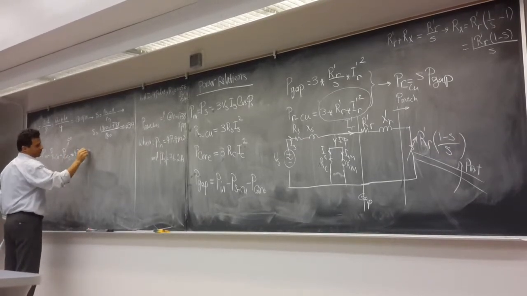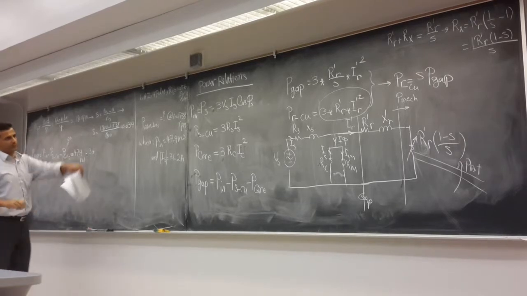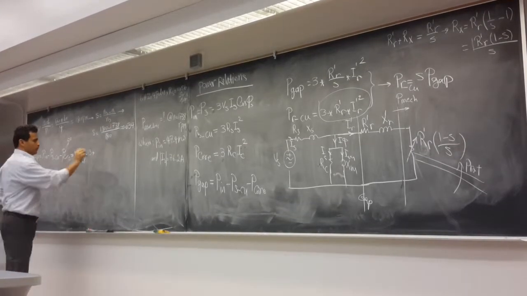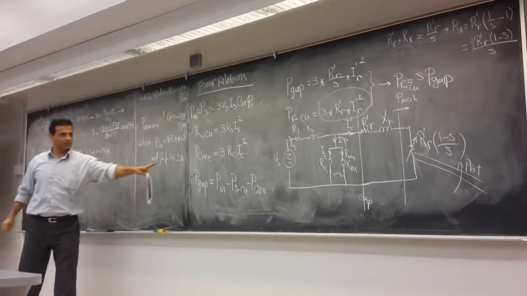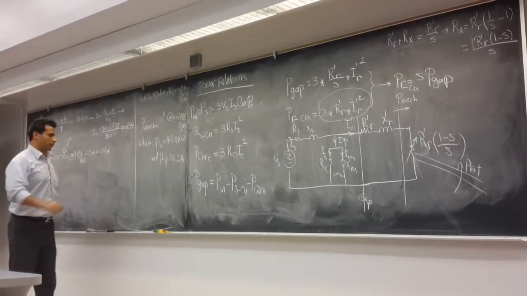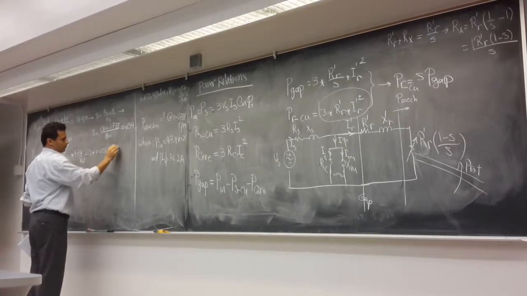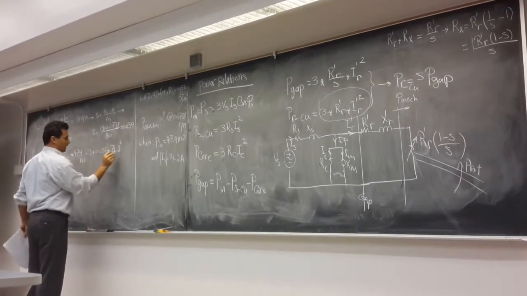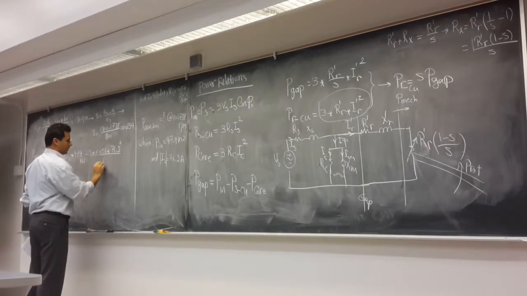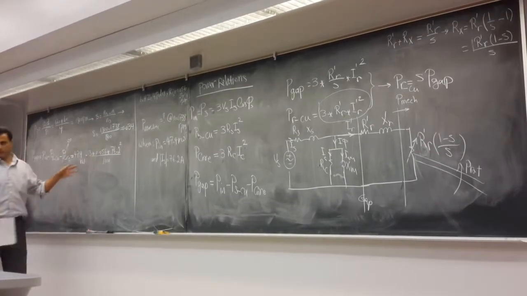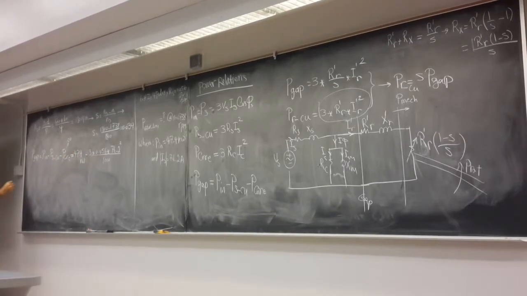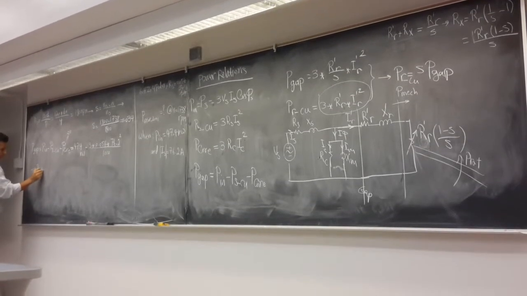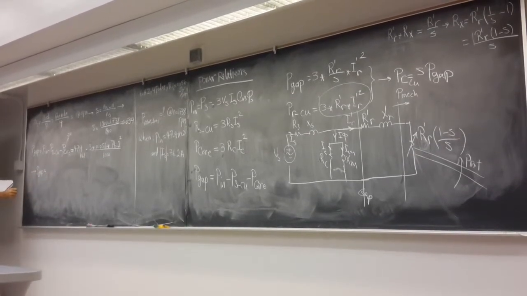How much is PS? 3 times RS, which I have here, 0.056, times IS, which is 76.2, squared. I need to divide this by 1000, because it's a kilowatt, right? Or you can write this one in watts. So if you calculate this, P gap will be